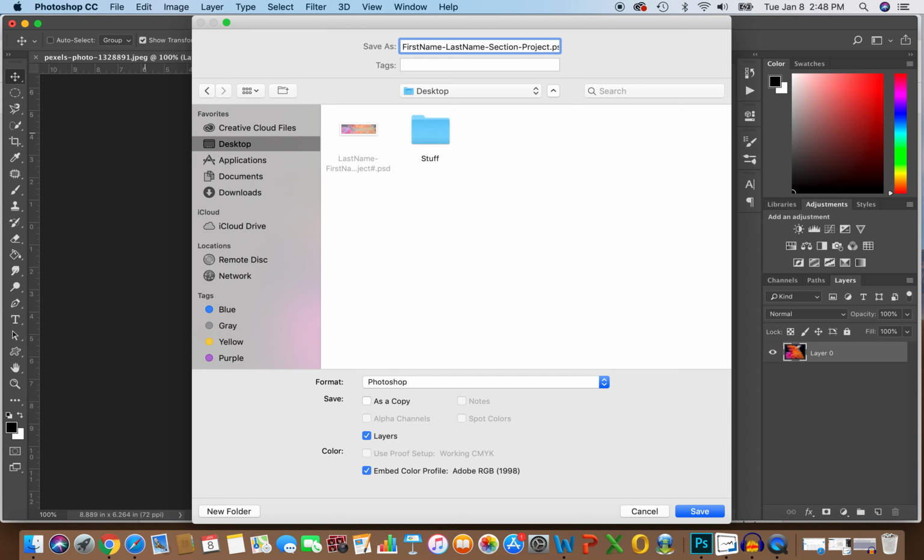the project number. If you don't save your projects this way, I will not know who to give the grade to. I bulk download all of your projects, so when they come through, they're not identified as coming from a particular student. So I will need you to use this naming convention on every single project. Make sure this is ingrained in your workflow so that every time you save it this way,